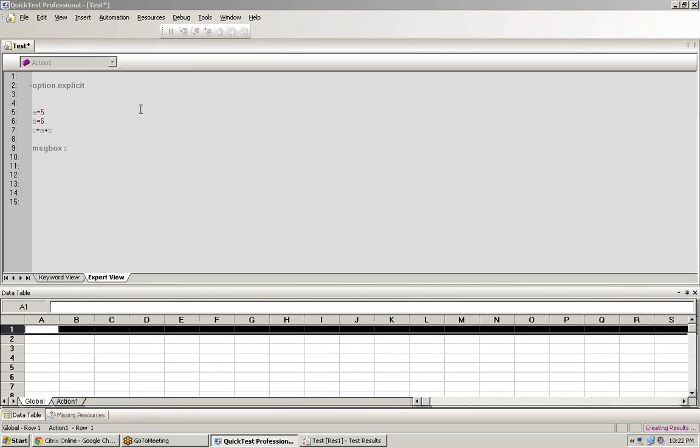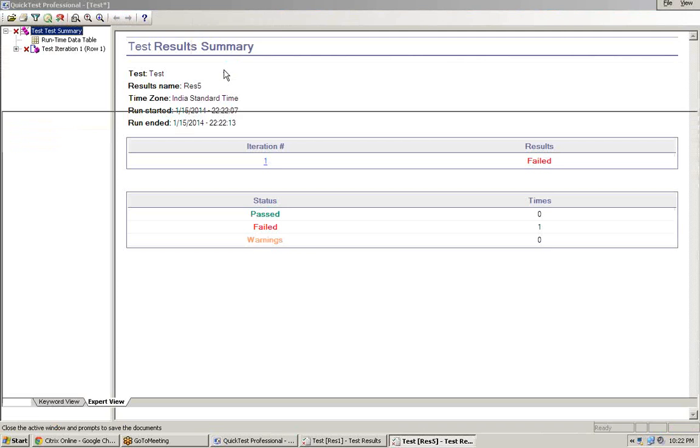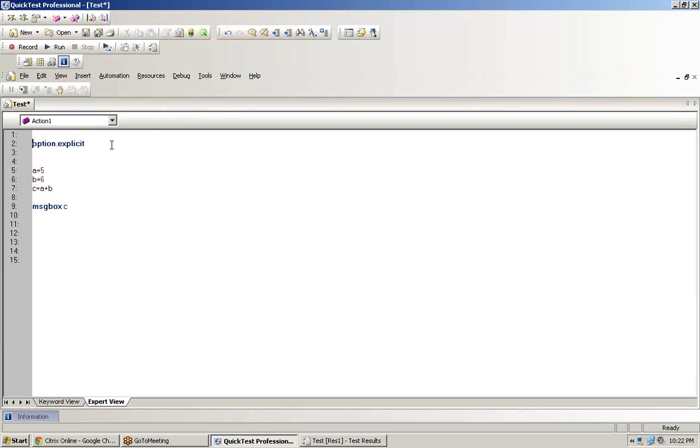That means this Option Explicit forces the user to declare each and every variable that it is using. It's always a good practice to set this as Option Explicit. Otherwise, you will be declaring a lot of variables, and they will take a lot of memory in your compiler, and eventually you will not use them. So it's a wastage of memory. It's usually good to do Option Explicit before you actually write your script. Now coming back to your function, let's declare this.